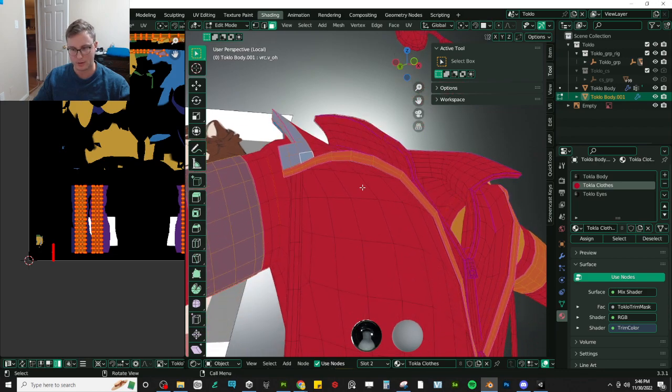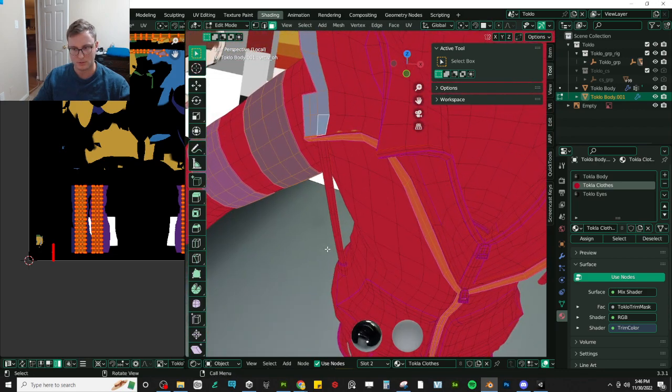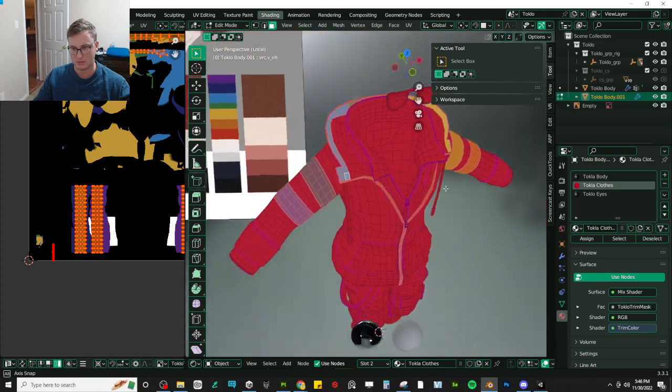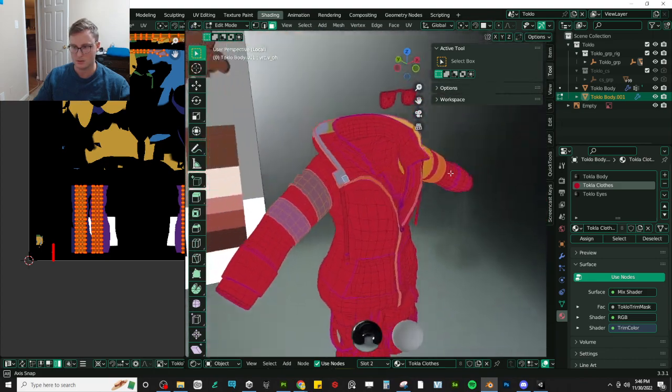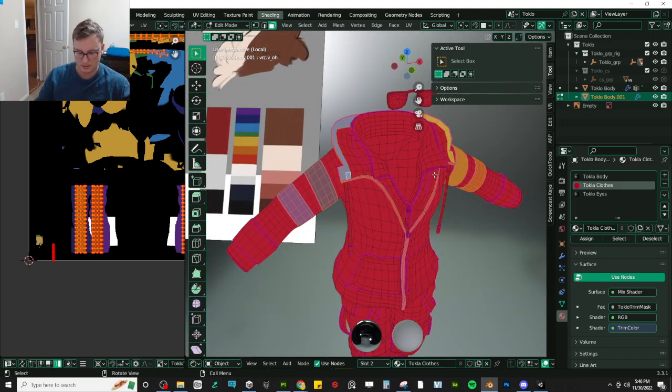There shouldn't be any yellow right there. Now we can,